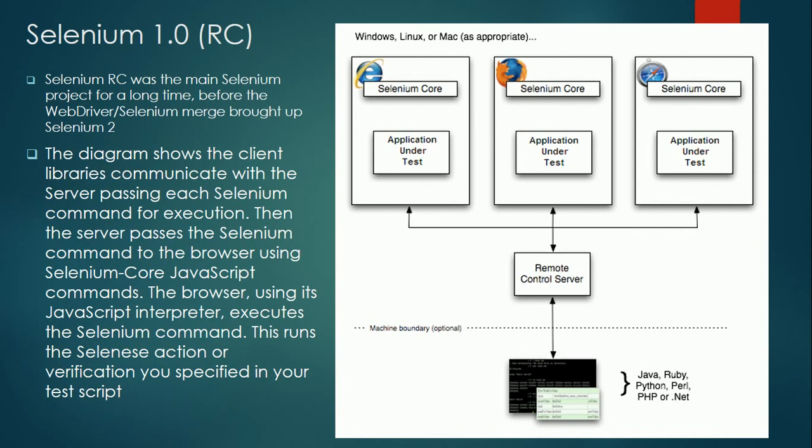So the disadvantage of RC was that it was very slow, because you have a middleman, right? You have an RC control server which used to take your command, your Java file, for example, to convert that Java file into a JavaScript executor. Then it will pass it to the browser, so it takes some time. So that was the main bottleneck. Also, Selenium RC was not able to handle the dynamic web pages. It was not able to handle pop-ups that come across in our web applications, alert pop-ups. So with the help of RC, it was not possible.